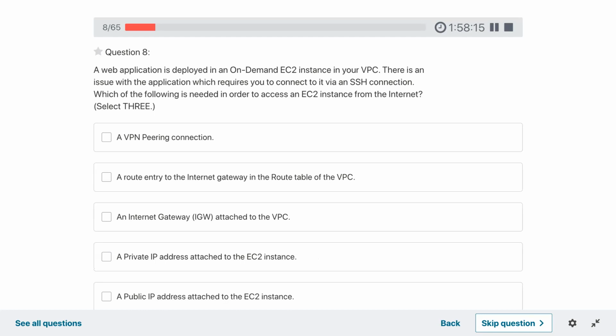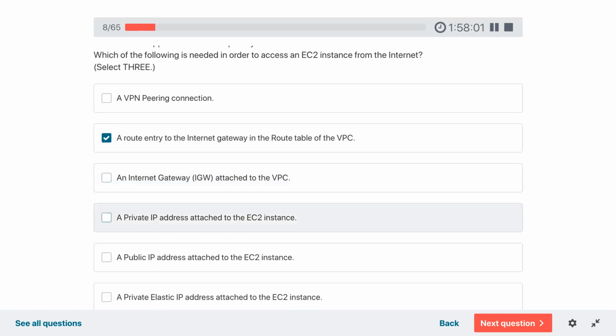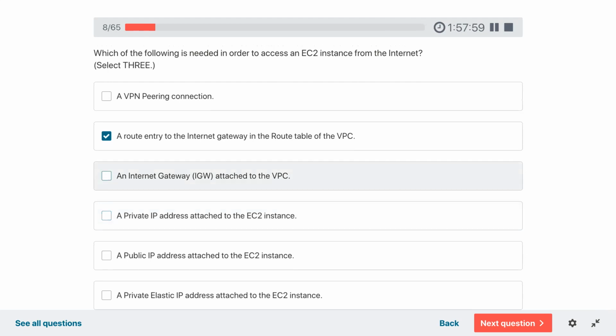A route entry to the internet gateway in the route table. Yeah, there could be an issue with that. An internet gateway attached to the VPC. Maybe if it is not attached, this could be a problem. A public IP address attached to the EC2. These are the three answers.